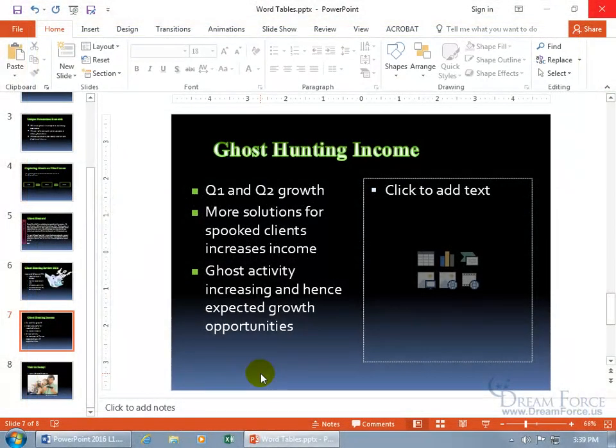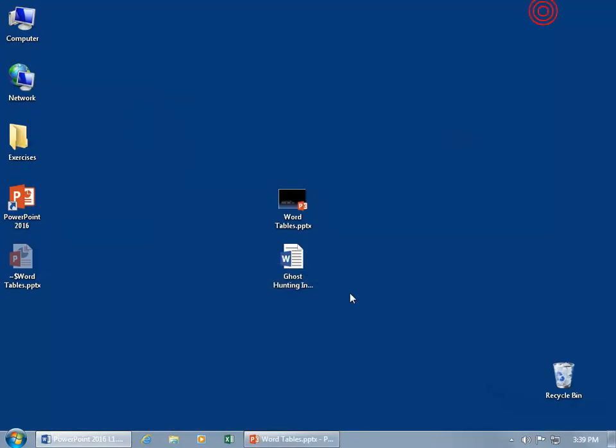In the previous training video, we learned how to create a table, but if you have a table in your Word document and you want to use that rather than recreate it here, here are some options. Well, first of all, let me go ahead and minimize this down to the taskbar so you can see that I've got my ghost hunting income document. And double-click to open it up,